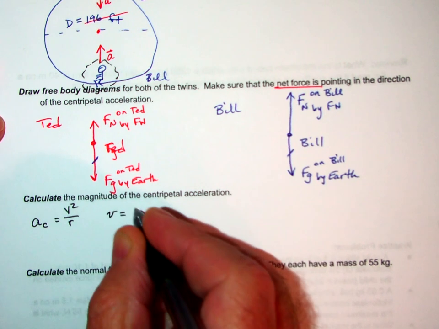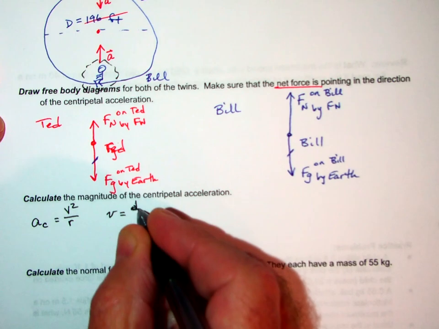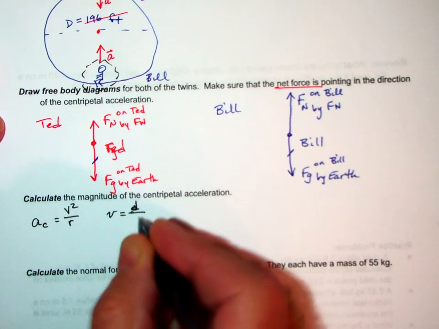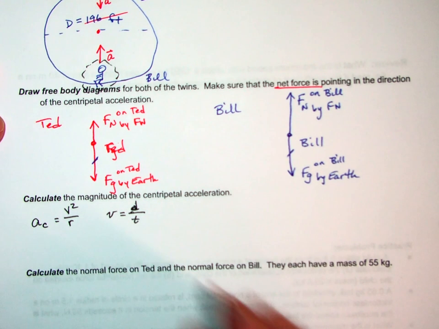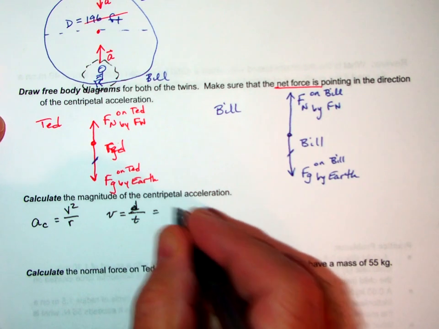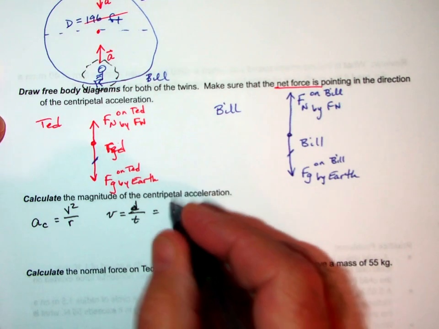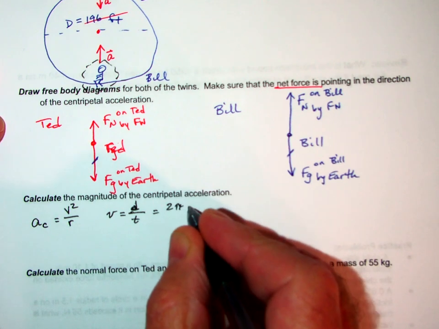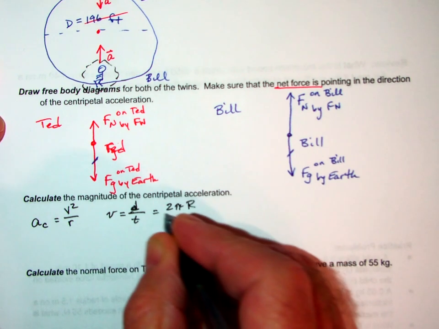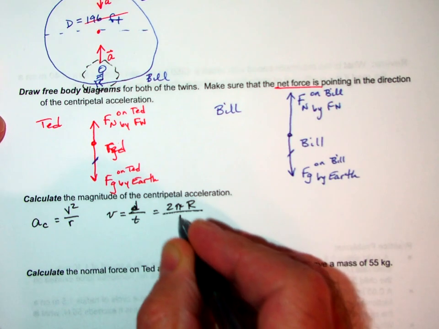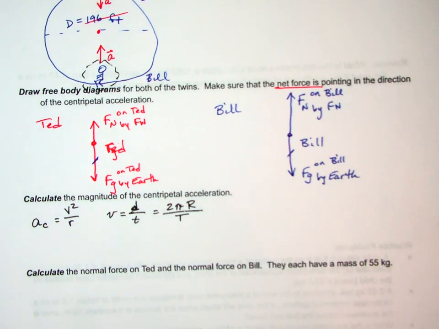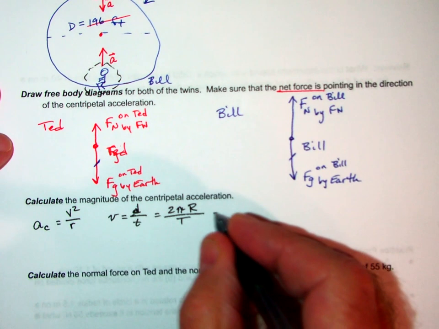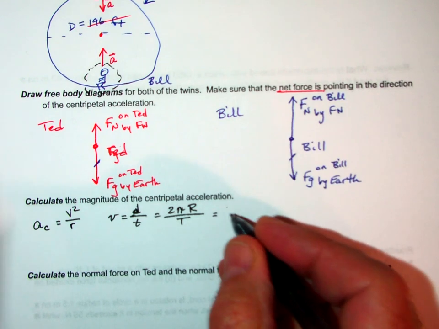Speed is the distance over the time. And the total distance is 2 pi times the radius divided by the period, capital T. So this is equal to